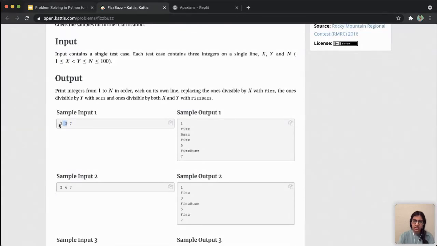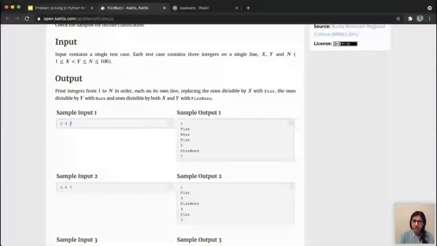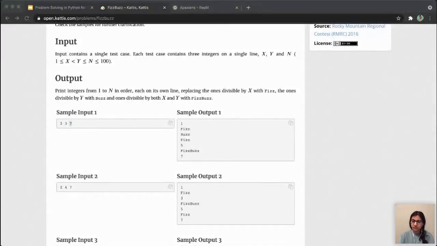And if the number is divisible by the first input, print fizz. If the number is divisible by the second input, print buzz. If it is divisible by both of these, print fizz buzz instead of the number. In all other cases, you print the number itself. And by the number, I mean each number from 1 till 7 or whatever input they've given you. So if anyone can write the loop for this, I think this is easier than our previous example. So I hope you'll be able to do this.